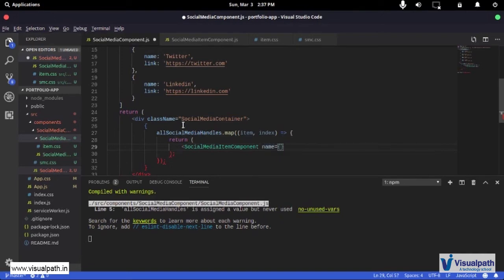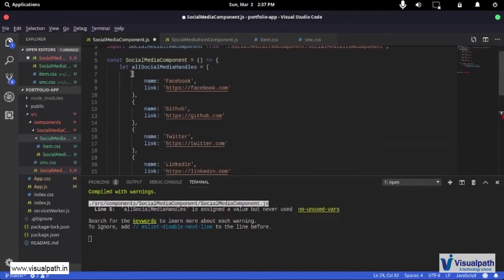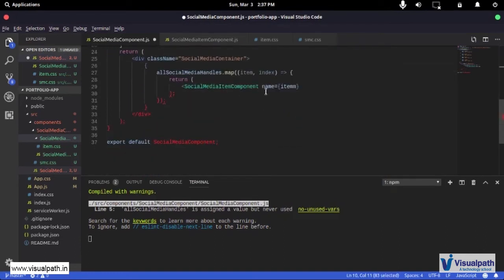So where is that name? My item is an object, as you can clearly see here. Every single element of this array is an object. So my item is an object, and inside that item is a property called name. So that is the name, and the link will be item dot link.